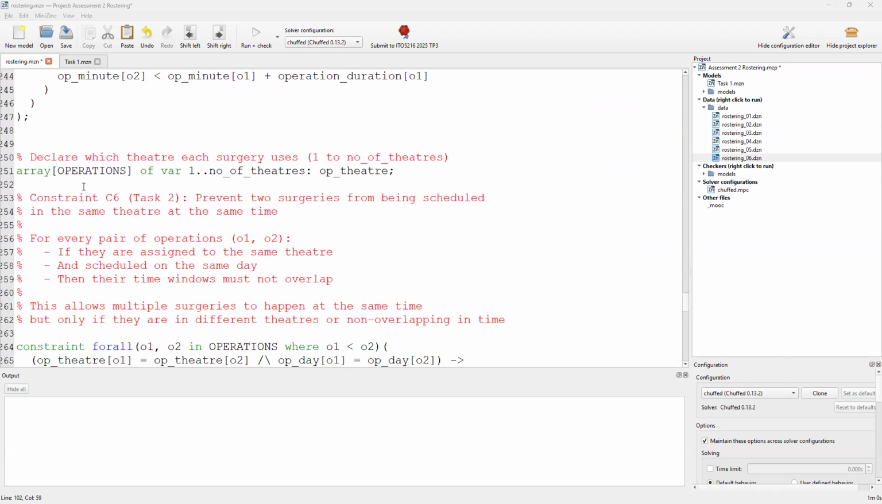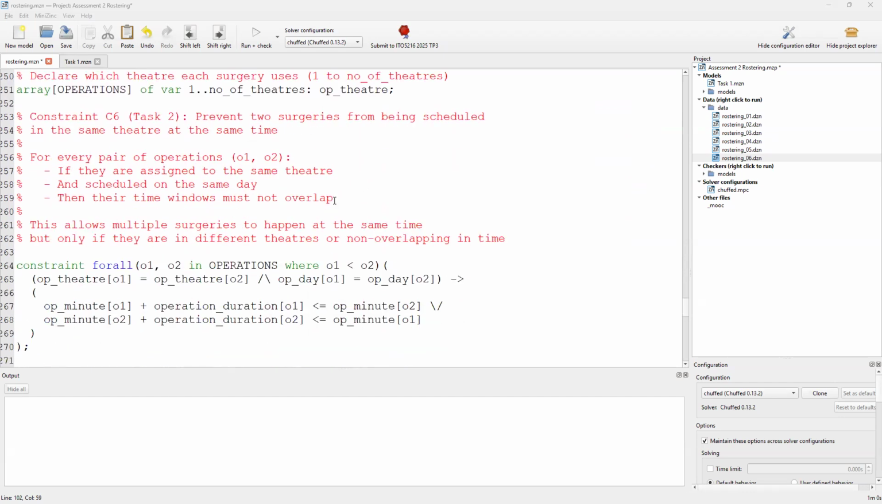Then I've introduced a new variable here called op theater, and this constraint prevents theater conflicts. It makes sure that no two surgeries are scheduled in the same theater at the same time. So it only allows multiple surgeries to happen at the same time if they're in different theaters,